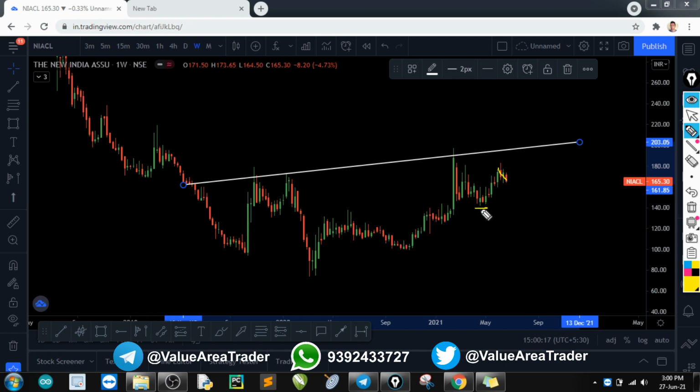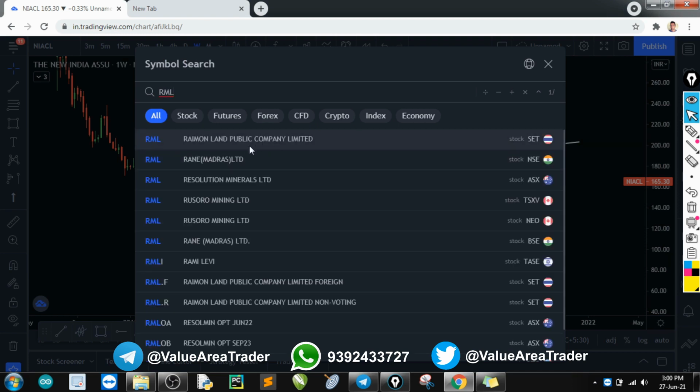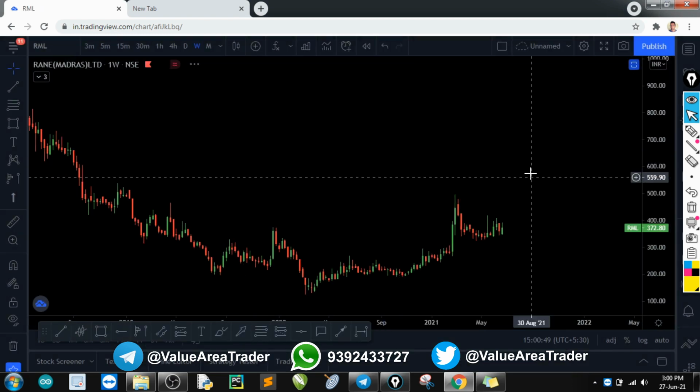So probably there is a retracement, but it's okay. My stop loss is somewhere here because I entered here. If the stop loss is taken, it's okay for me, because definitely we'll hit our stop losses sometimes, but it is less in comparison with the number of times we reach our targets, that is at the 200 level. So I hope it will go back to 200 again, and it will complete the inverted head and shoulders pattern here.